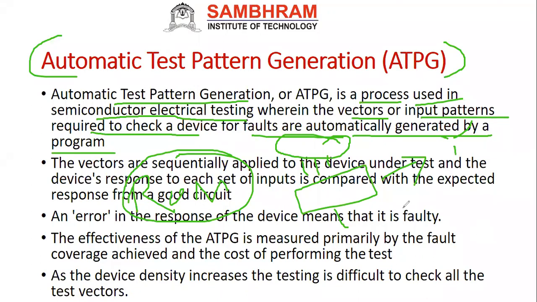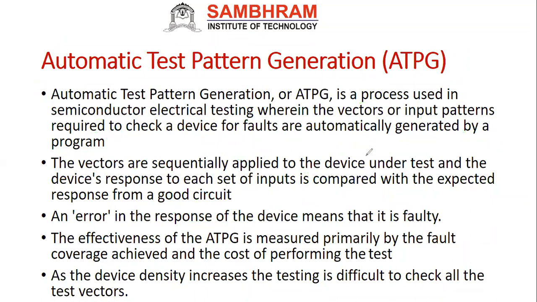But that is not 100% efficient, because if it is an 8-bit input or a 16-bit input, you know that for an 8-bit input, how many test vectors are there? Totally 256 test cases we would have to check, but it is not required to check all 256 test cases. I'll take one simple example. Consider here a 4:1 mux. This is the one 4:1 mux.